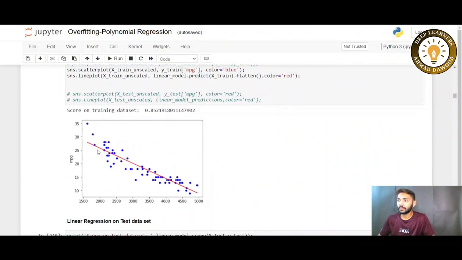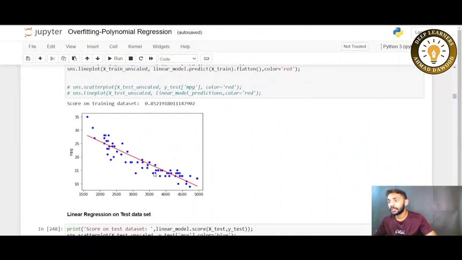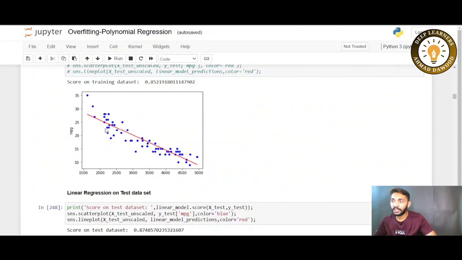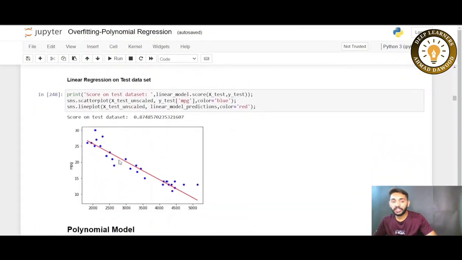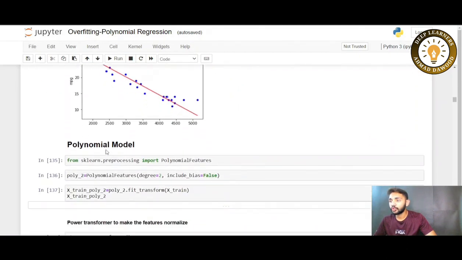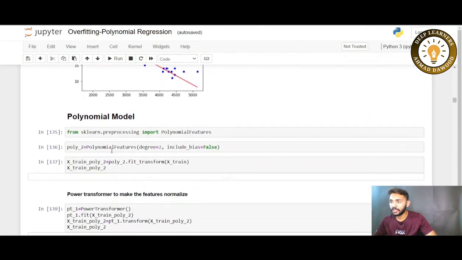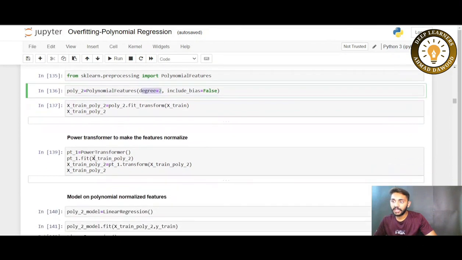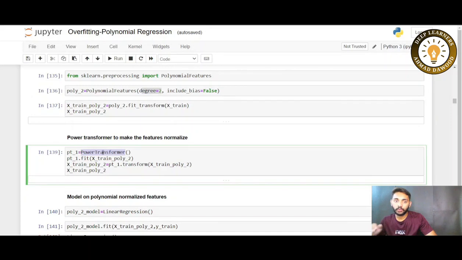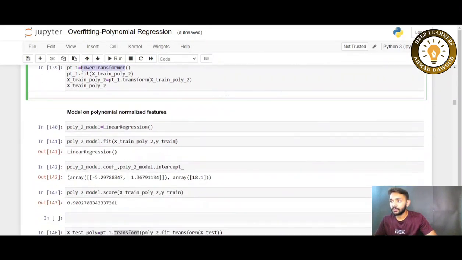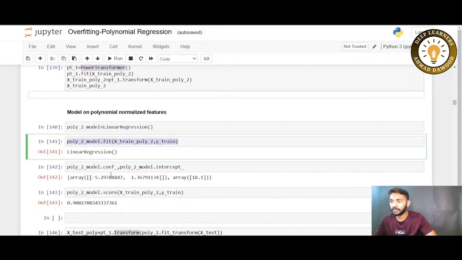So here, this is the linear model on the data points that we have during our training. This is the model on the test data points, the linear model. Now I am going to use a polynomial model, in which first I have to find the polynomial features for degree equal to 2. Then I am using a power transformer to normalize my data points. Then I am doing the training of my model,